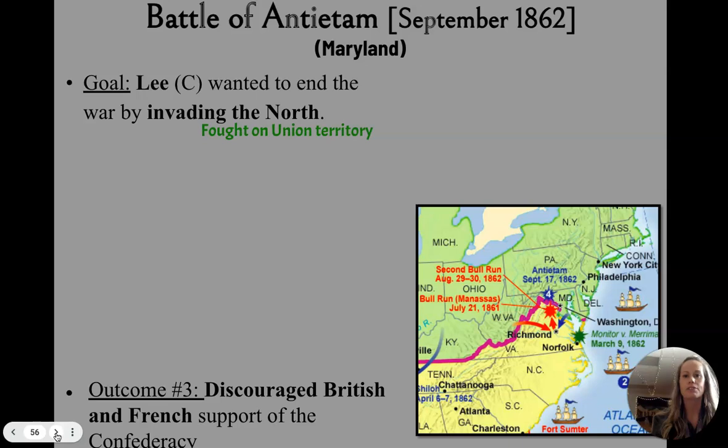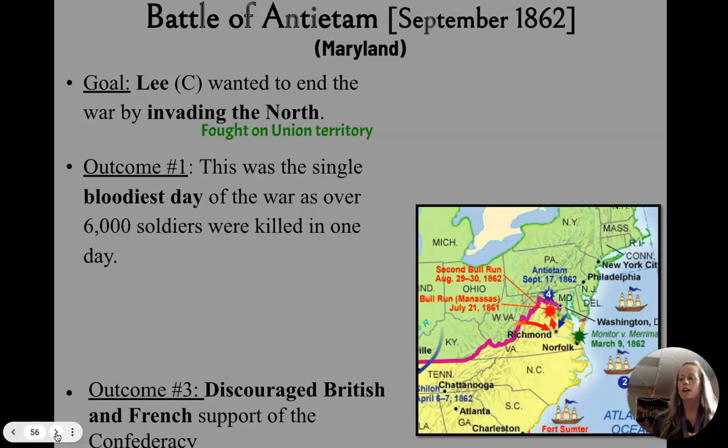And so Antietam is actually fought on Union soil. If you want to know, they're trying to get Maryland to secede from the Union, and that's one of the reasons they do this. The Confederacy is starving at this point, so soldiers are starving. They do not have the resources they need, so they are moving more into Union land so that they can actually find food. That's the whole thing here. And they're trying to bring the fight to the Union. Most of the battles happen in the Confederacy, so if they can bring the war up to the North, maybe they can alleviate some of the stress that the South is feeling at the time. So they fight this war, and there are 3 different outcomes here.